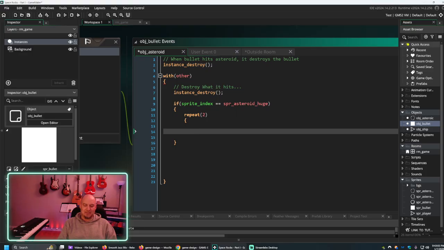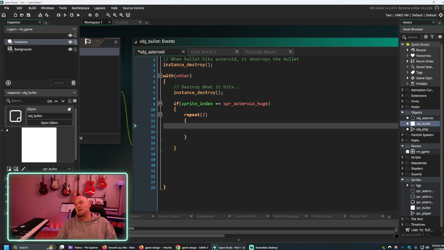And we got to use this. For those programmers, I know it's driving you crazy right now. Repeat is horrible. I should be able to use a for loop or something else. GML doesn't have that, at least at this level. So we're going to repeat this next thing twice. And I'm going to create a new thing, and I'm going to call it new_asteroid equals